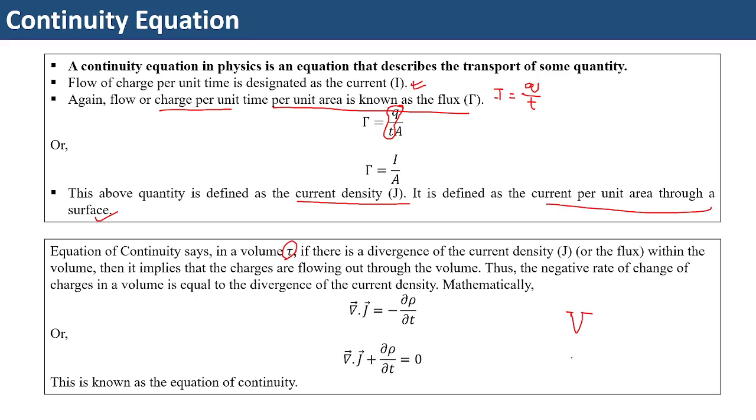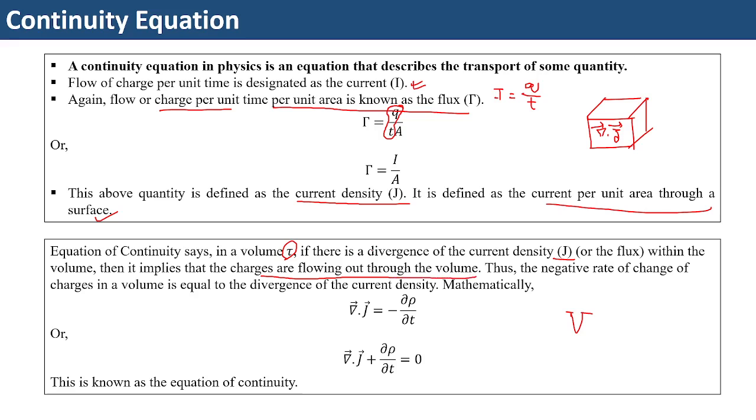So that is why for volume I'm not writing it as V, I'm writing it as tau. If within a volume tau there is a divergence of the current density J, suppose you have constructed a volume, it could be a cubical volume or a volume of any particular shape. If there is a term del dot J, which is a positive term, if you find this term to be non-zero within a volume, then it implies that the charges are flowing